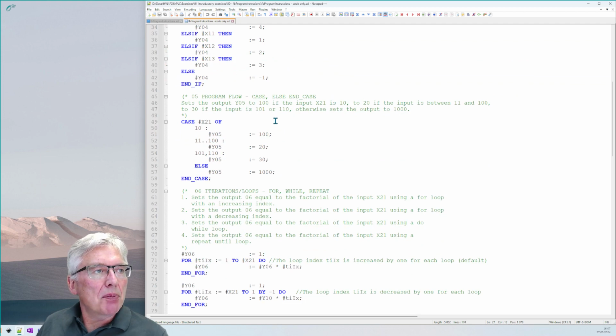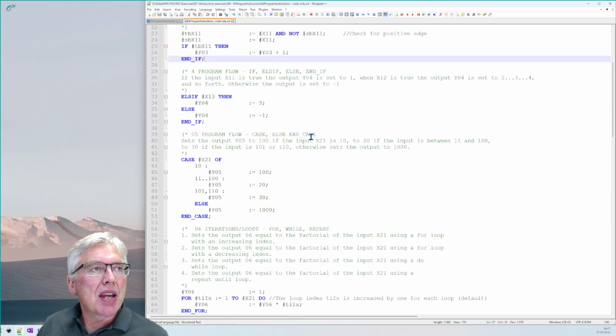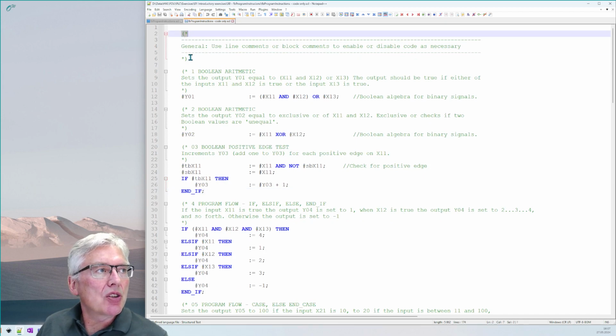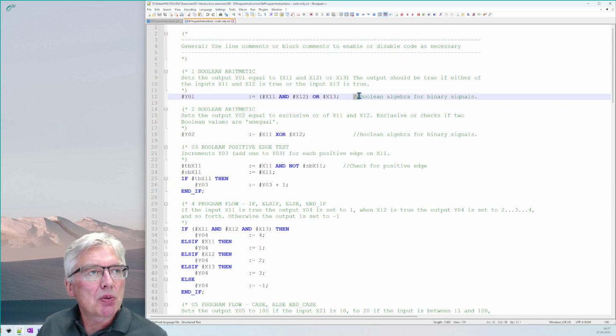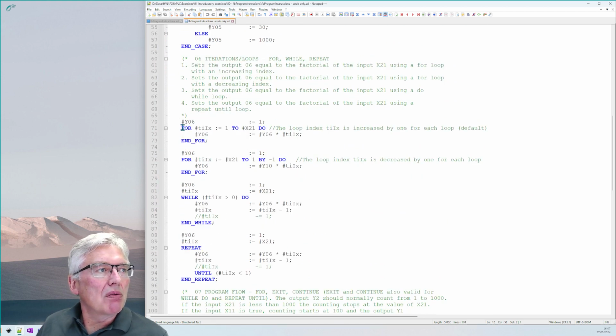We have a case statement. You try to output these. And you see the case is in the range 11 to 100, 101 or 110, or just 10, and else. It should test that. Then we have for loops. And here what it says on the top here too is use line comments or block comments to enable or disable code as necessary. A block comment is this constellation here. A line comment is this one. And as they use the same output,